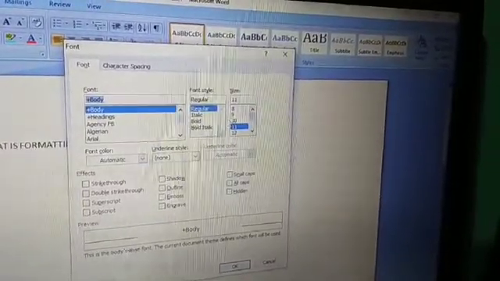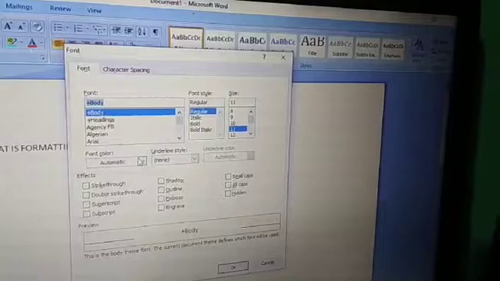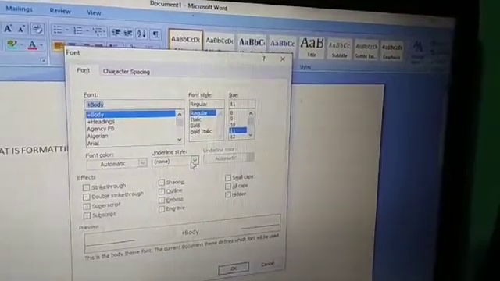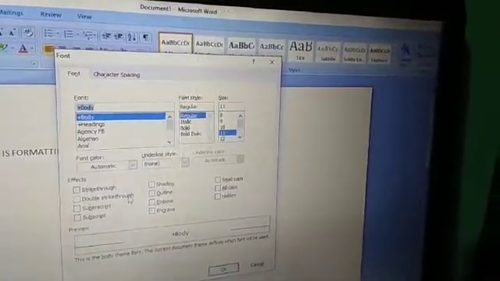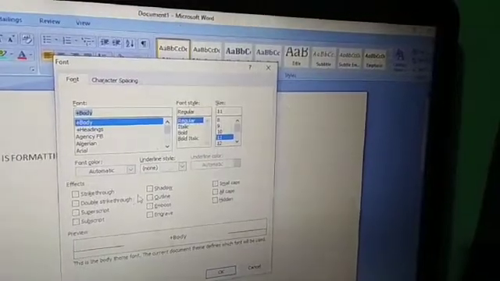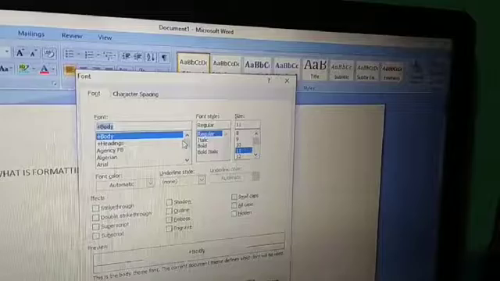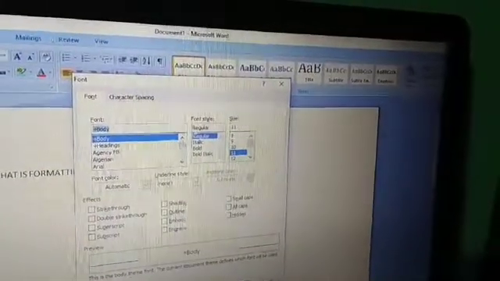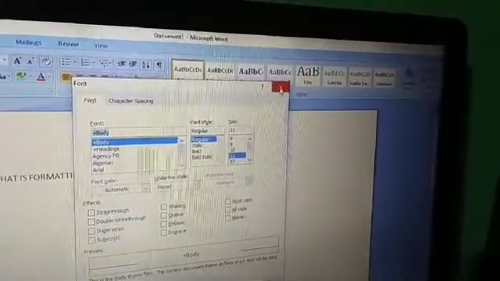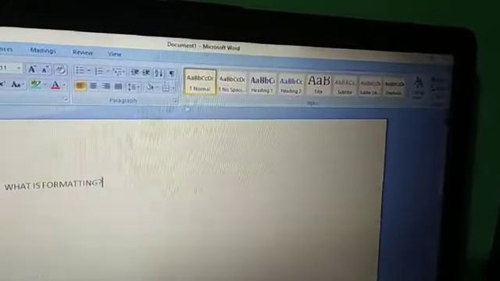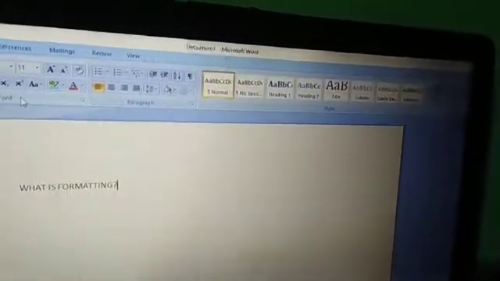Size can be changed. Font color, underline style, which type of underline you want. Subscript, superscript, everything is here. So formatting can be done through this font dialog box. This is another option. Otherwise you are given the font group.